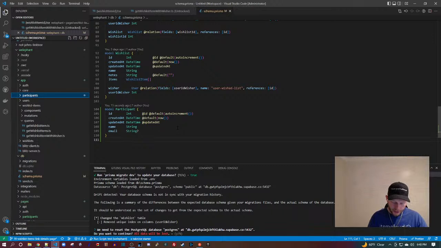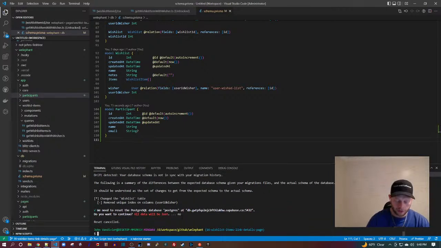Cool how you're generating a model right from the CLI. Yep, totally agree. We need to reset the database. Do you want to continue? I'm going to say no. Okay. I'm going to have to do that again in a minute anyway.